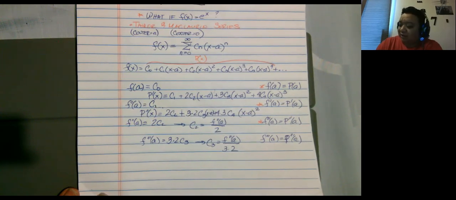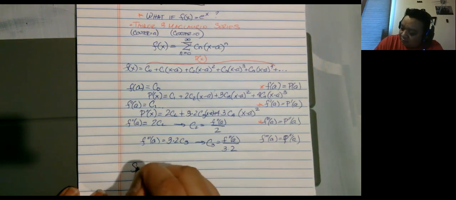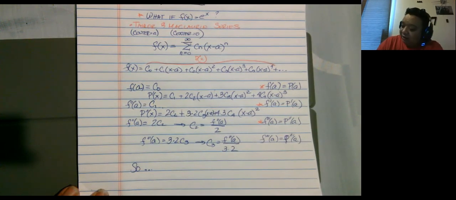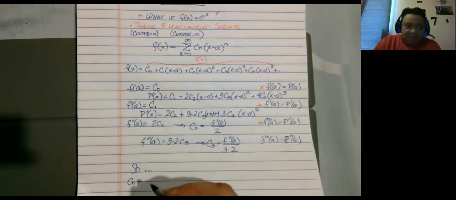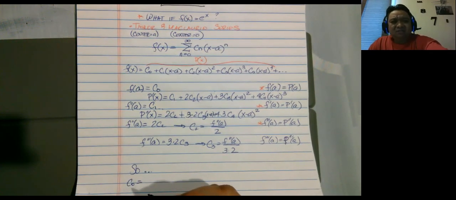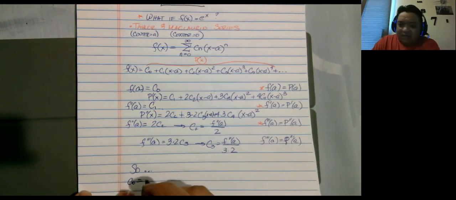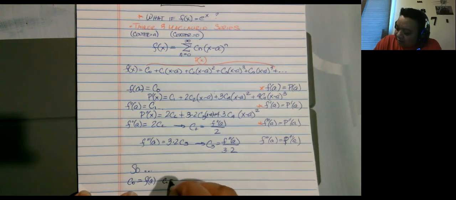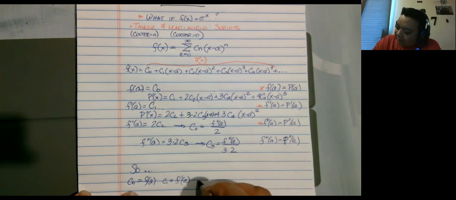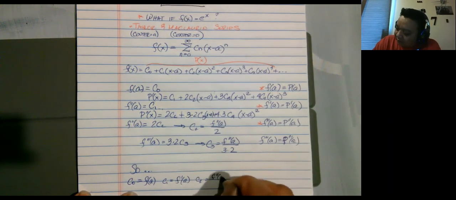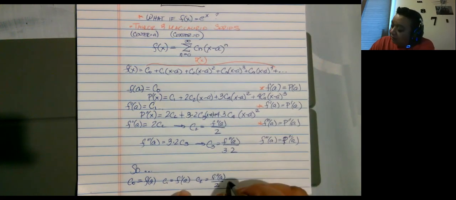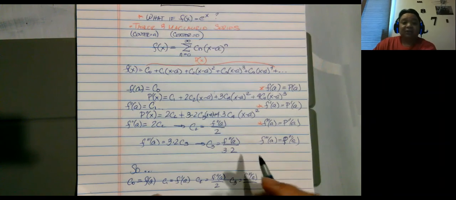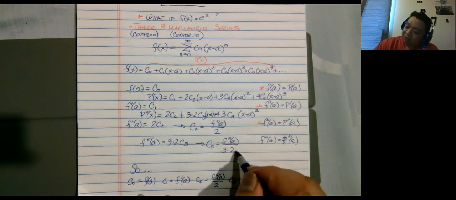And so you keep doing this, and we get the following. c naught is equal to f of a. c1 is equal to f prime of a. c2 is equal to f double prime of a over 2. c3 is f triple prime of a over 3 times 2. So 3 times 2, if I put a 1 there, it's 3